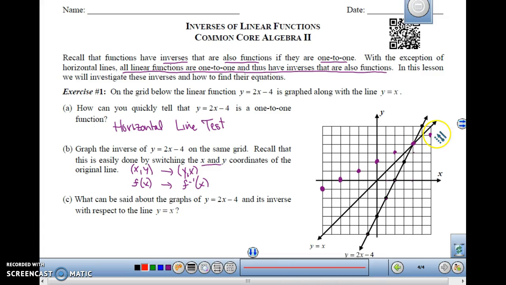All right, let me draw my inverse in. I'll do a nice red line so you can see it. There's my inverse. And what can be said about the graphs of y equals 2x minus 4 and its inverse with respect to line y equals x? Well, look at your rule right here. xy becomes yx. Remember that an inverse